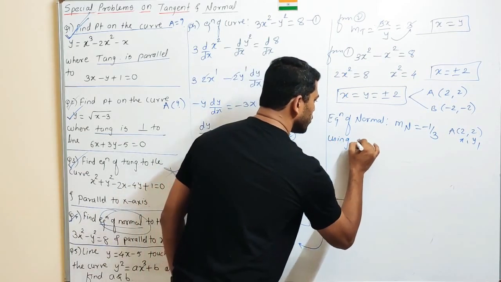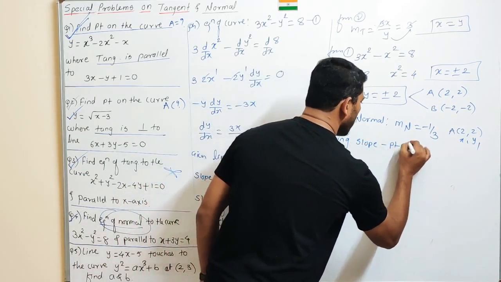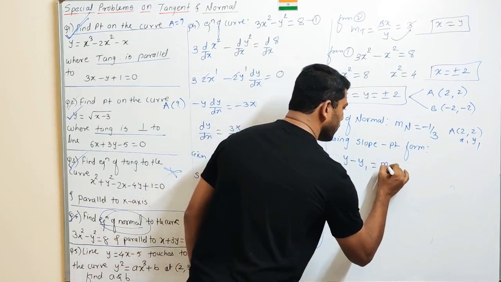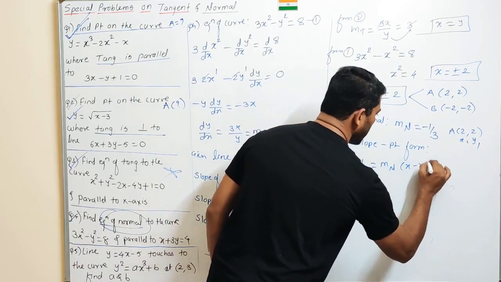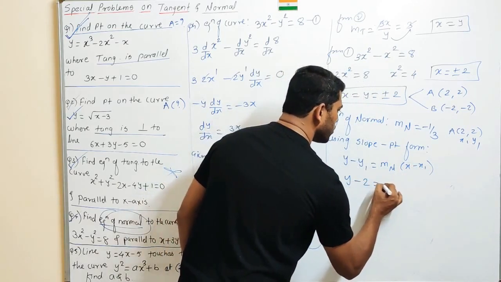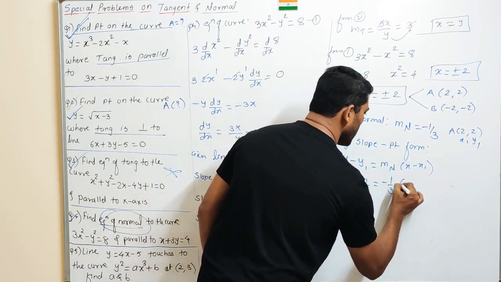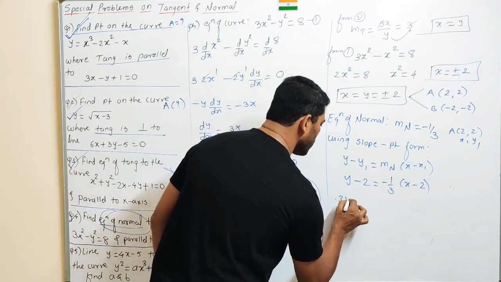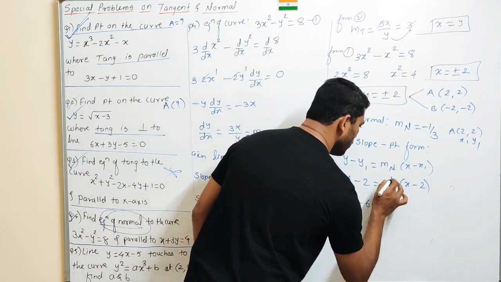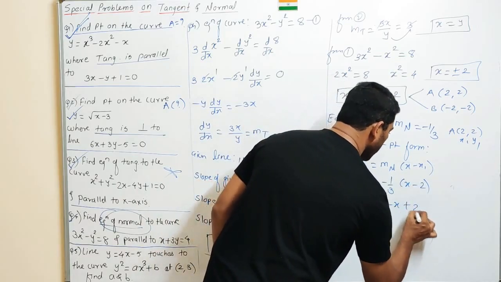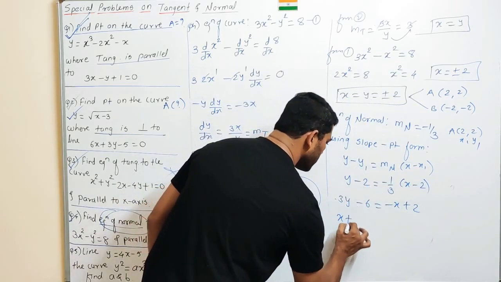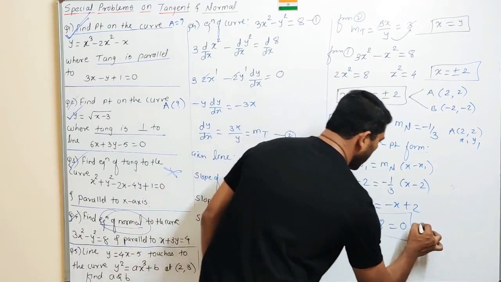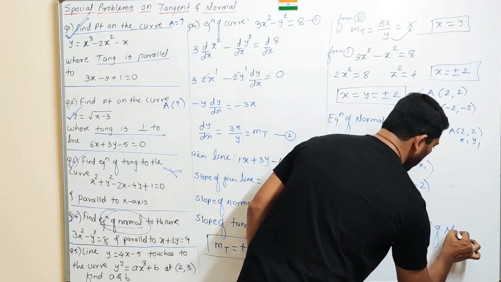So let's use the slope point form. I am using the slope point form of line, which is y minus y1 equal to m into x minus x1. So y minus y1 is 2, slope of normal is minus 1 by 3, x minus x1 is 2. Please simplify, shifting 3 on LHS, so 3y minus 6 is equal to multiply minus inside, minus x plus 2, shift entire data on LHS. So it's x plus 3y minus 8 equal to 0, which is the required equation of normal,